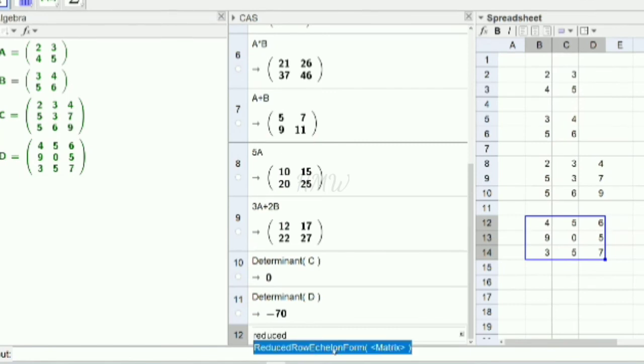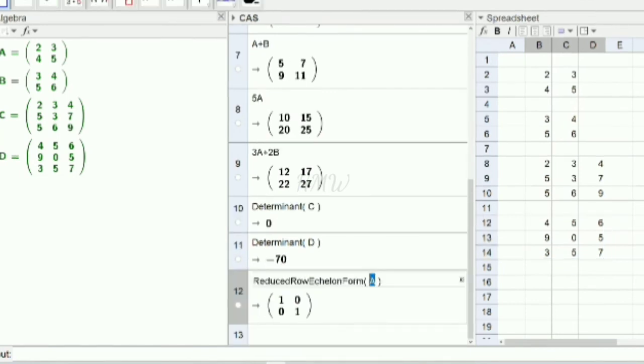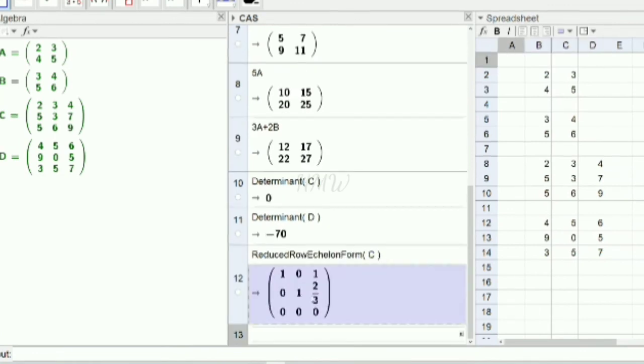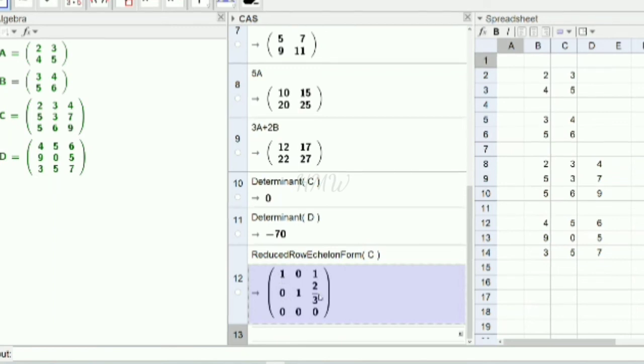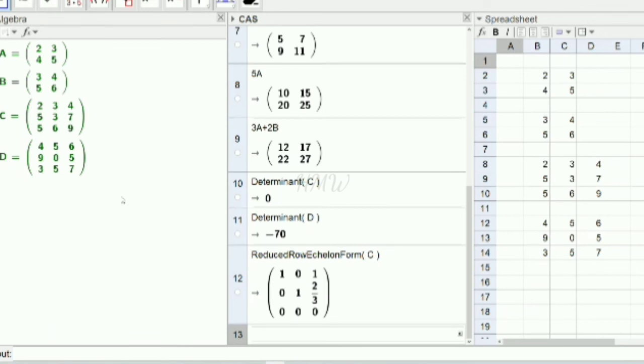Then you can find the reduced row echelon form of the matrix C. So this is the reduced row echelon form of the matrix C. From here we can say the rank of the matrix. There are 2 non-zero rows, 1, 2. So the rank of this matrix is 2.